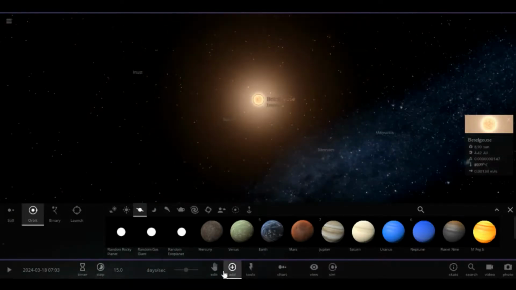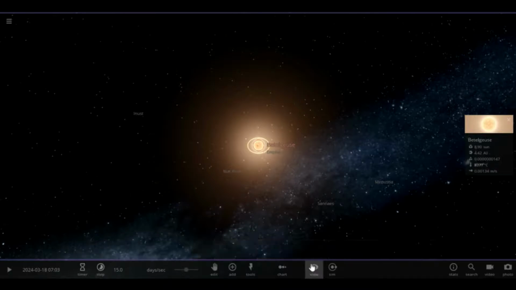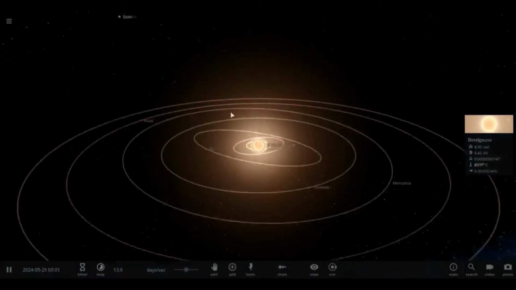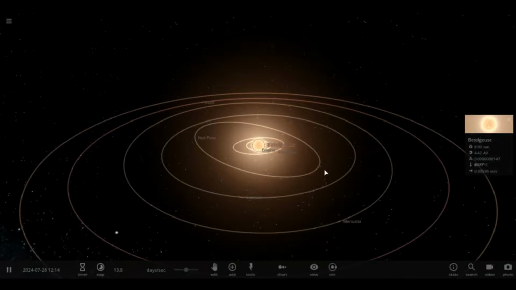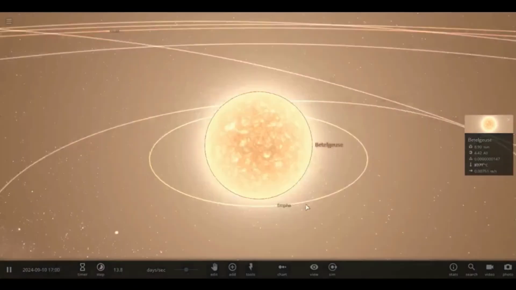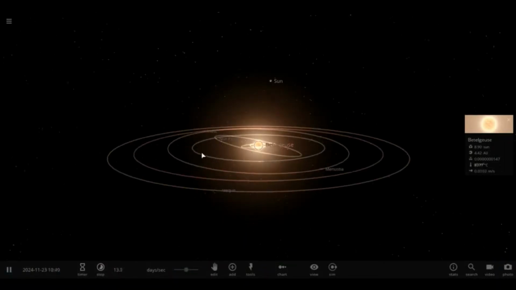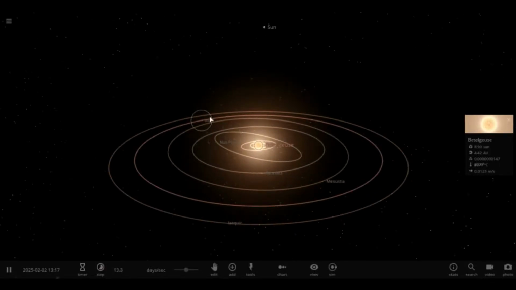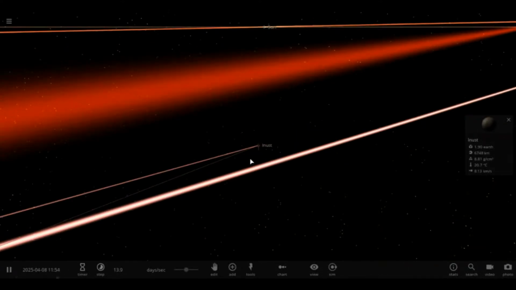Okay, so we'll do view orbits. Okay. And here we have some nice orbits. Some eccentric. Inclined, not eccentric. And here we have it. Somewhere out there is the sun. You can actually see like all the things you're not really supposed to, like all the asteroids and stuff. Sometimes you even...